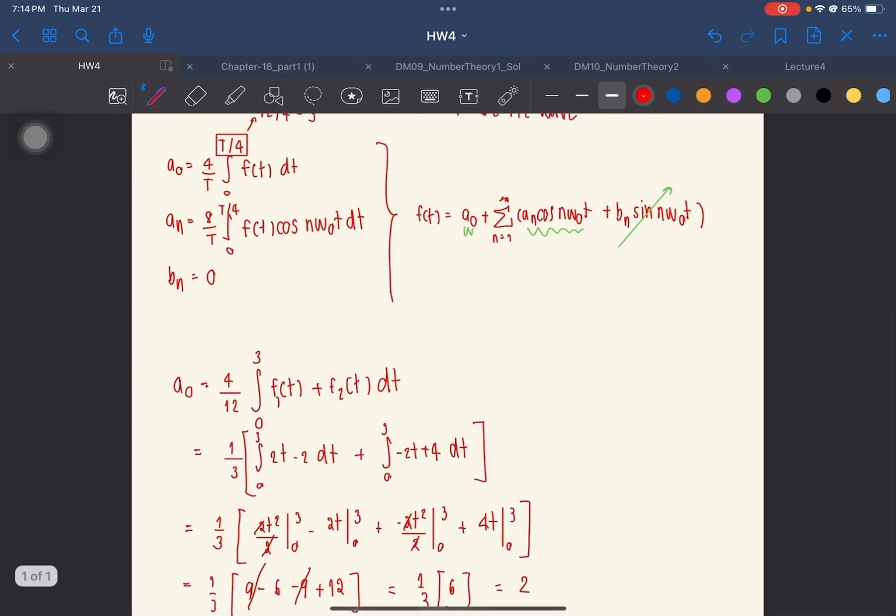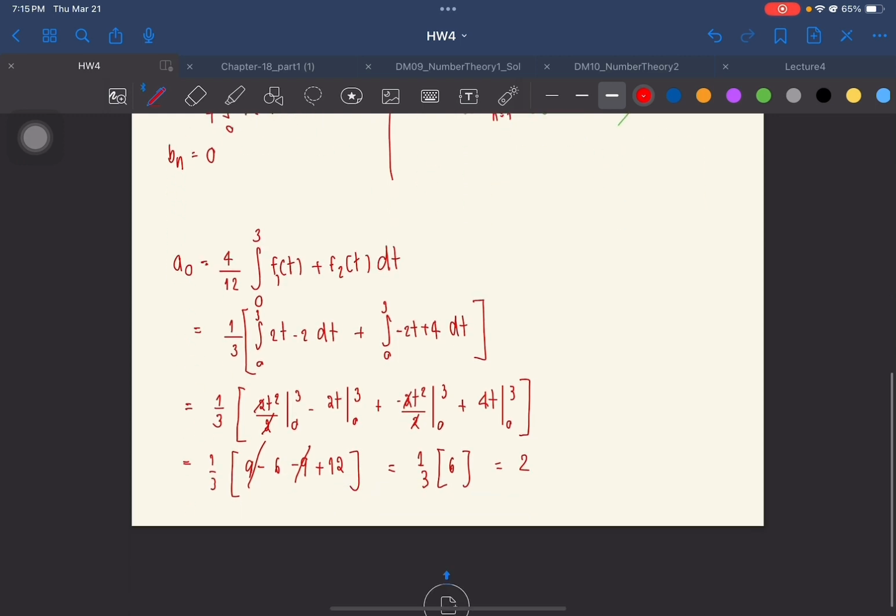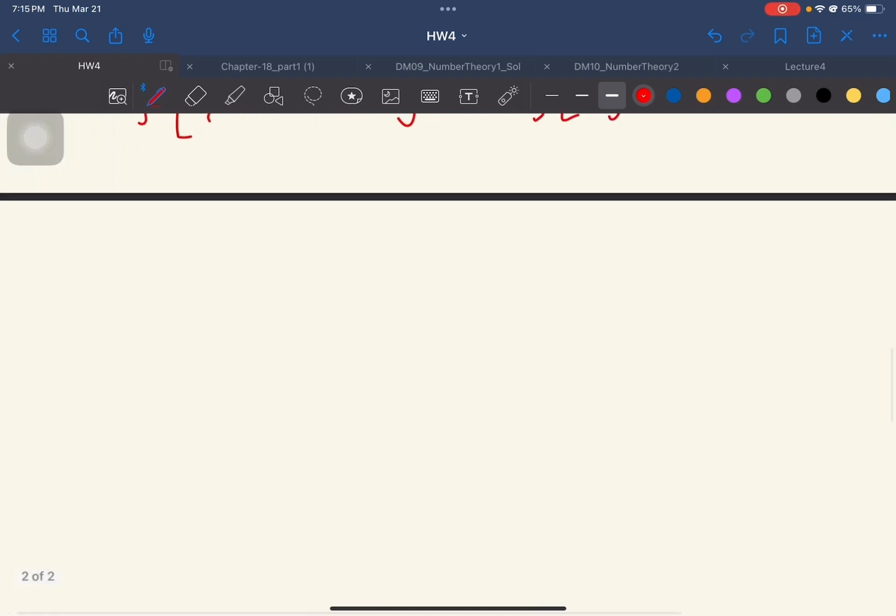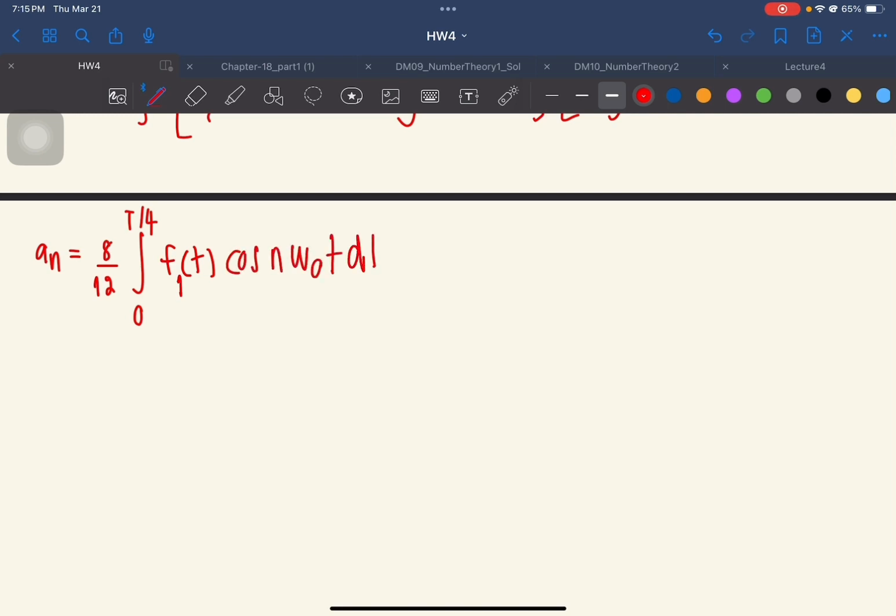Okay, and now find the value of an: the integral of f(t) 1 cos n omega naught t dt